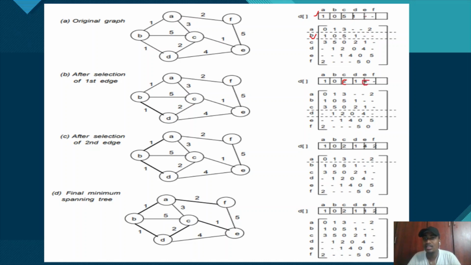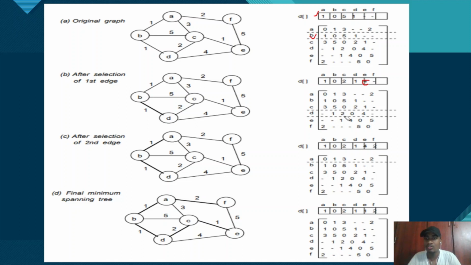Previously E is empty but C is 5. Why we didn't write 5 here means, simply, as it is a minimum spanning tree, we have to reduce the cost. We will check which has the least cost. When we compare 5 and 2, the 2 is the least cost, so the 2 will be updated here. Like this,